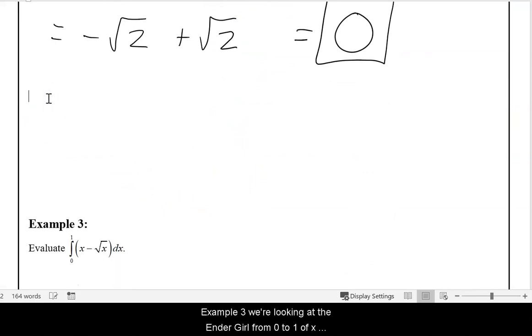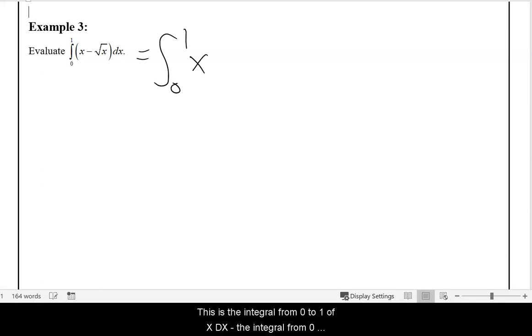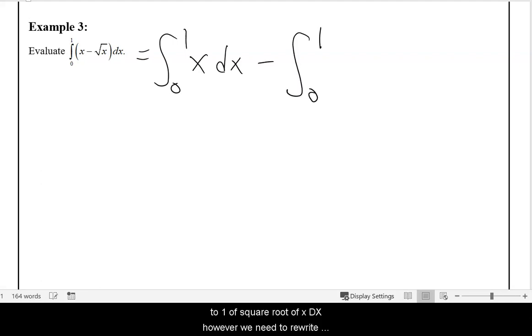In example 3, we're looking at the integral from 0 to 1 of x minus the square root of x. Looking at this problem, we can of course split it into two different integrals with the same limits of integration. This is the integral from 0 to 1 of x dx minus the integral from 0 to 1 of square root of x dx. However, we need to rewrite the square root of x in its power form, x to the 1/2. Now I can apply the power rule to each of the integrands to find one of the antiderivative